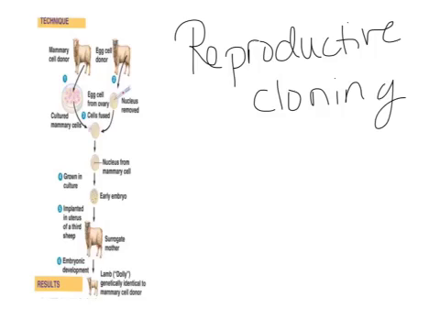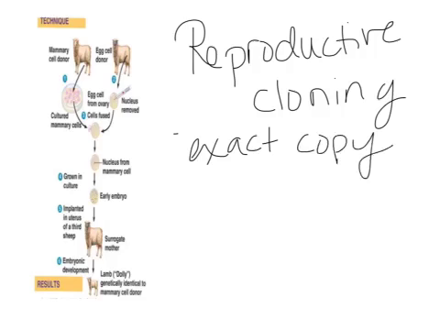So the next one we have here is reproductive cloning, and reproductive cloning is exactly what you would think it is. We're making an exact copy of an entire organism, so not really just a cell. It can be a cell, but we're also talking large scale here, an exact copy of the organism. The example we see over here on the side is the lamb Dolly. Remember when, well, I guess you guys are probably too young, but this was big news when they cloned this sheep, Dolly.